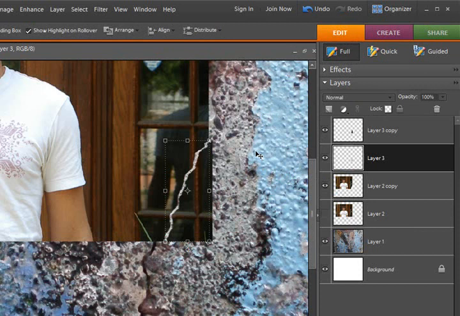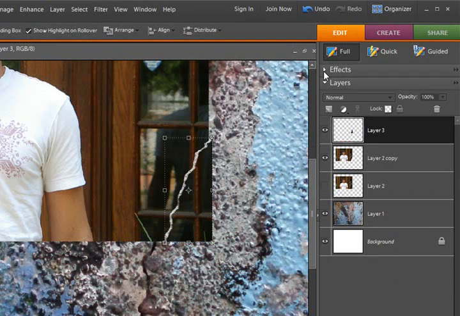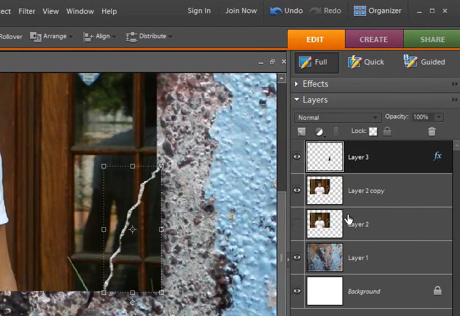But you get it to where it looks realistic now. You can see that's looking pretty good. So I'm going to click on the top layer of the corner, right click and merge down, and then quickly add a drop shadow to it. Now the last step on this that